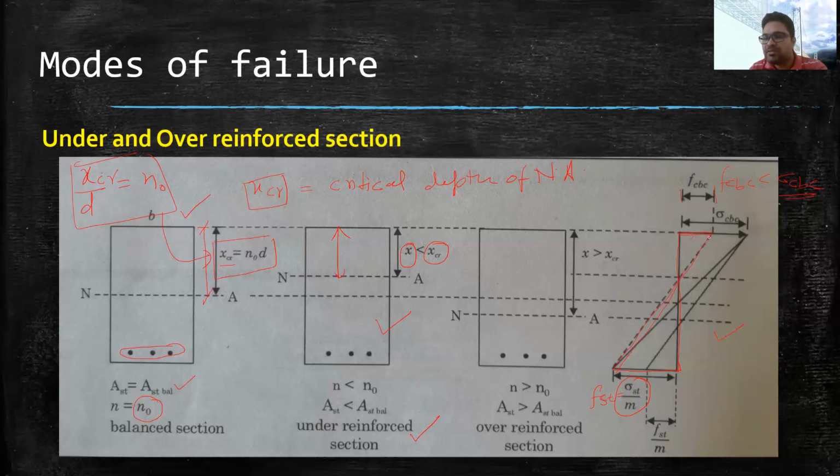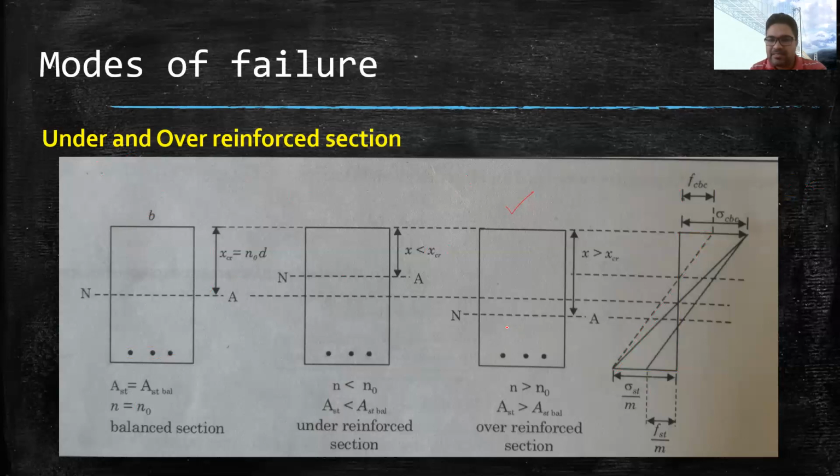That is why I am saying that when the steel is considered as failed, at that time FCBC is lower than sigma CBC, which shows that concrete can still take some more stress because it has not reached the value of sigma CBC. So this is what I am talking about, the under reinforced section. Now the over reinforced section is shown in the third case. In case of an over reinforced section, concrete will fail first, while steel will still have some capacity to take the load.